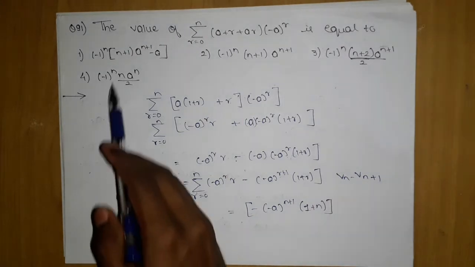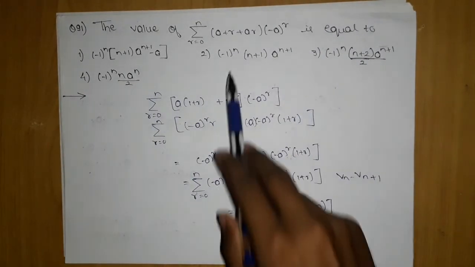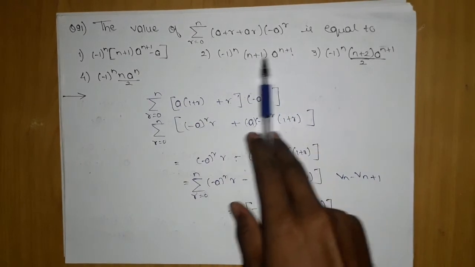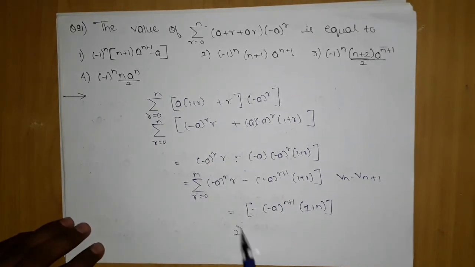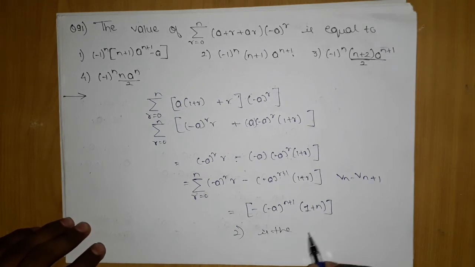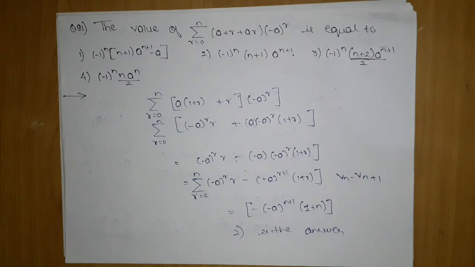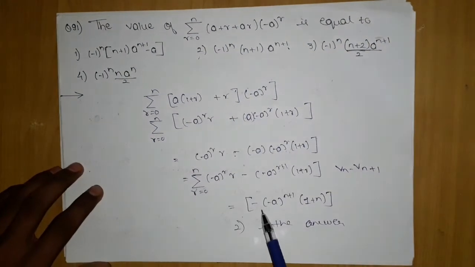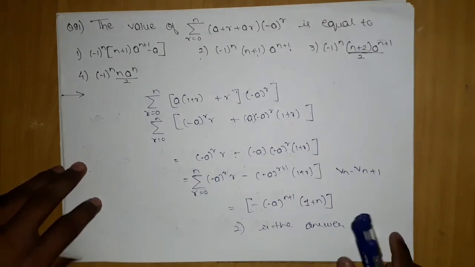one thing is very obvious: this option cannot be, because 1 plus n is only in this option. If I put n equals to 1, this will become 2. See, it will be minus 10. If I put 1 here, this will become even. Minus will still be there. Same goes for 2. So 2 is the answer. Although you can manipulate it and create 2, we don't want to waste our time. By observation and substituting n equals to 1, it is very clear that 2 will be the answer.